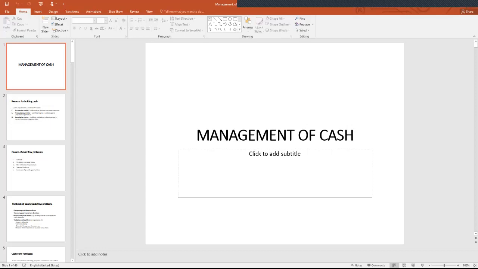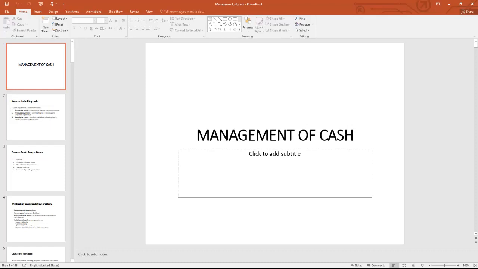So we discuss a number of models that can help us get to know the right amount of cash. We shall discuss two models: the Miller-Orr model, as well as the Baumol model. We can also use another tool, which I think you may have done already, what we call the cash flow forecast. The use of cash flow forecast to help us in cash management. That is the tool, not a model, that can help us in determining the right amount of cash the company ought to be having.